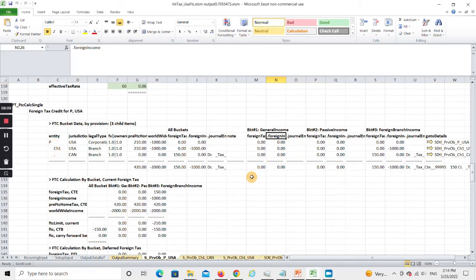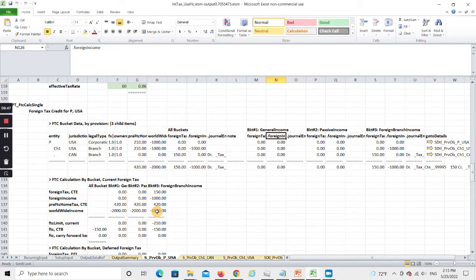And those numbers are then further aggregated in the next section. Those numbers are added together, aggregated together in separate buckets for the taxpayer. We see the foreign tax for the taxpayer is 150, and the total foreign income is 1,000, because we have a foreign branch in Canada that's 1,000. But the worldwide income for the parent is 2,000, because it has 1,000, but it also has another 1,000 from